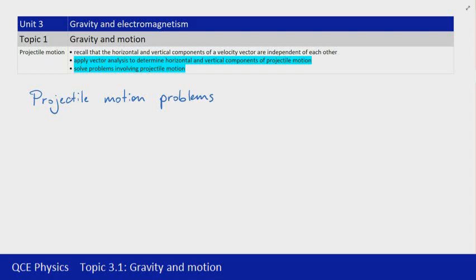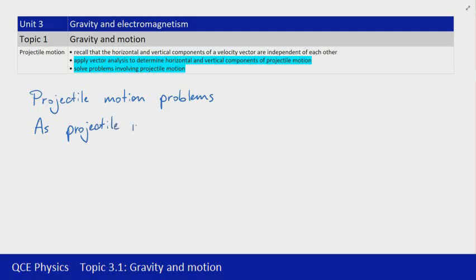In the previous video we were looking at an introduction to projectile motion. In this video we're going to take that further and start to look at some problems in projectile motion, and some of the equations and how we apply them. But before we do, the first thing I want to mention is an underlying thing to keep in mind, and something that I often forget to do, and we'll have to do it halfway